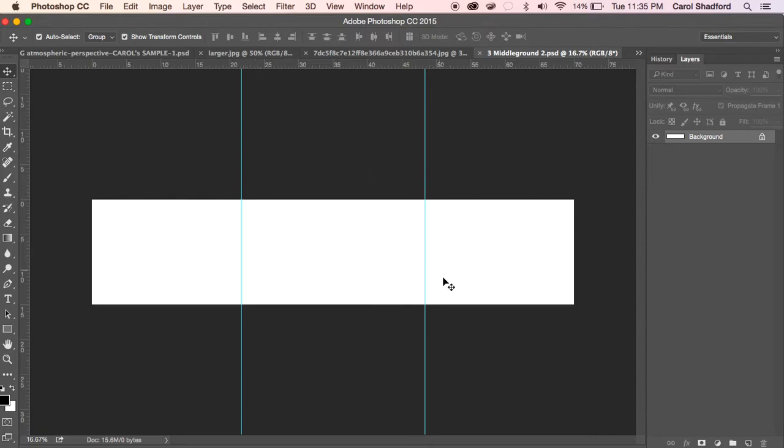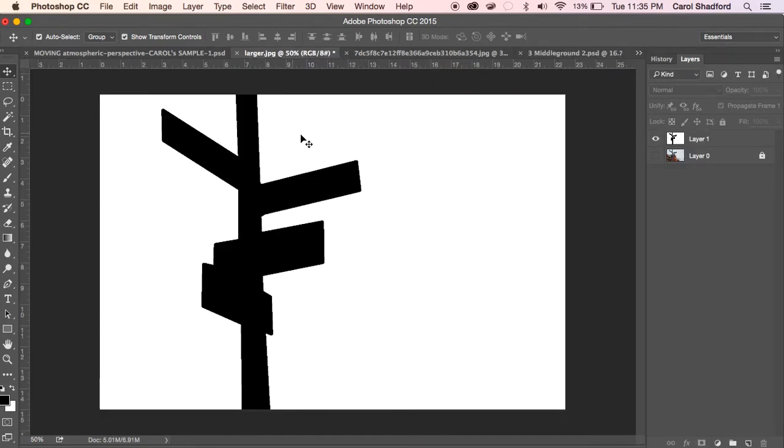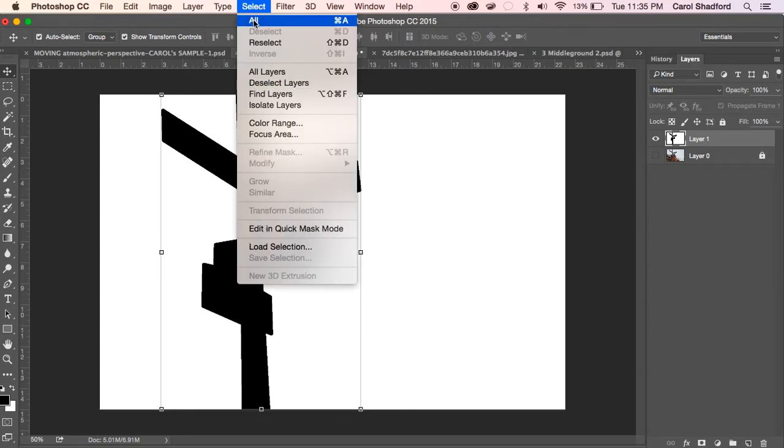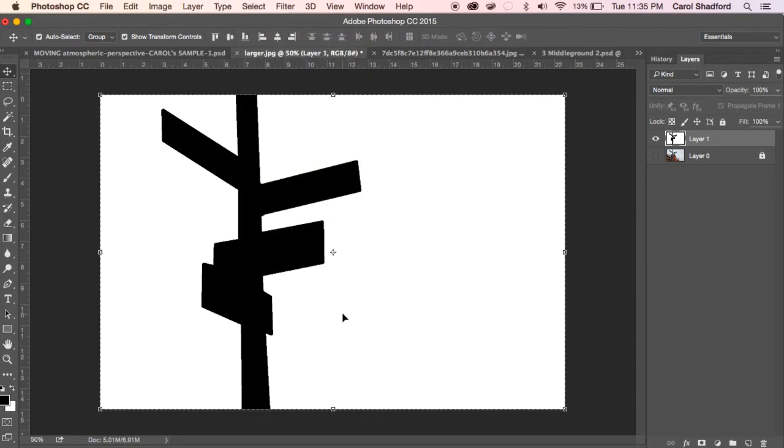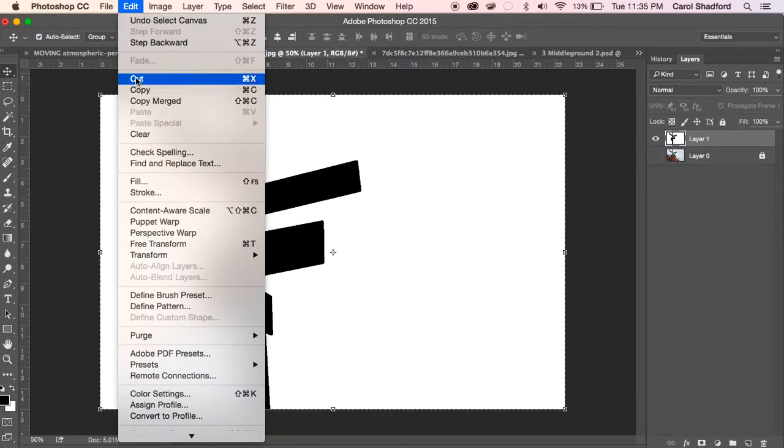And there are a couple of guidelines which show you, well, that is the size of the computer screen. And so this particular animation is going to slide from front until it goes all the way across. So now I know this is my composition for that middle ground, and I'm going to come into the files where I've traced my silhouettes, and I'm going to go to the layer that has the silhouette. Then I'm going to do a select all or Command A,